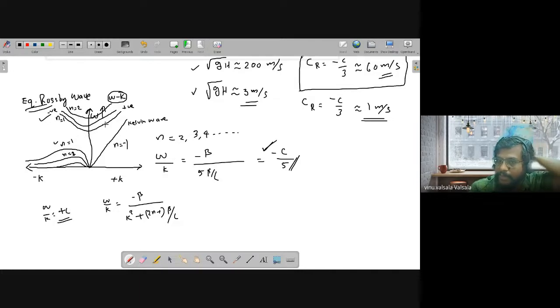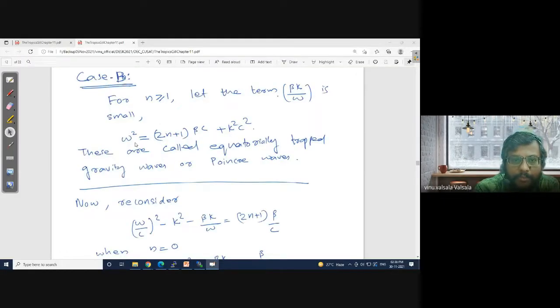So, very high frequency. They move around in the equatorial region, and they can travel in the positive direction, eastward or westward. They both are allowed because the dispersion relation allows that combination of omega and k, which can have positive and negative speeds.